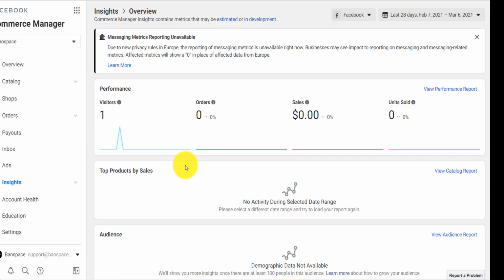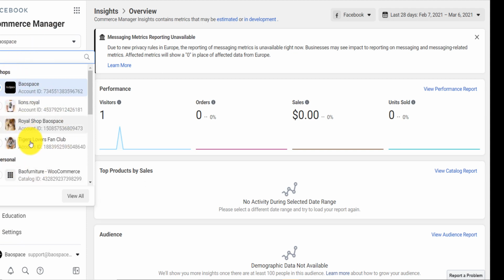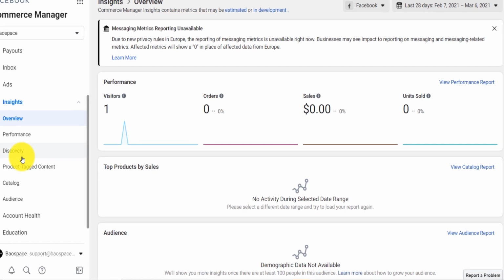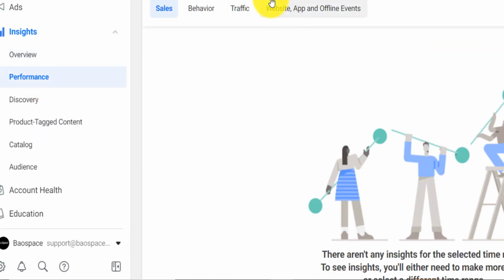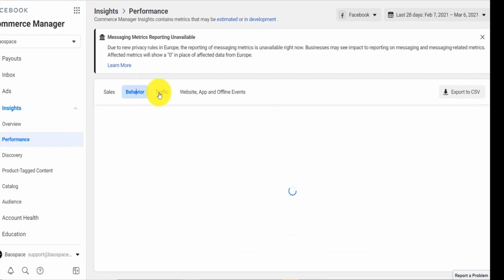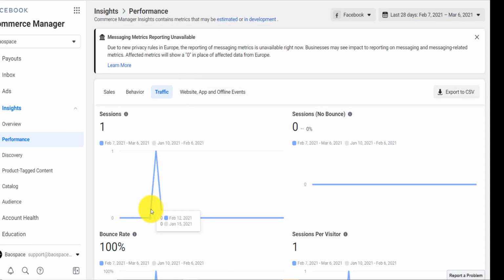And before you deactivate, to quickly save your insight, to not lose your insight, you come here on your dashboard on Commerce Manager, you select the commerce account that you want, and then you come here on the insight, and on the performance, you will see everything that is sales related, people's behavior, the traffic, the website and offline event. If you click here on export to CSV, you will be able to export all the data in a CSV